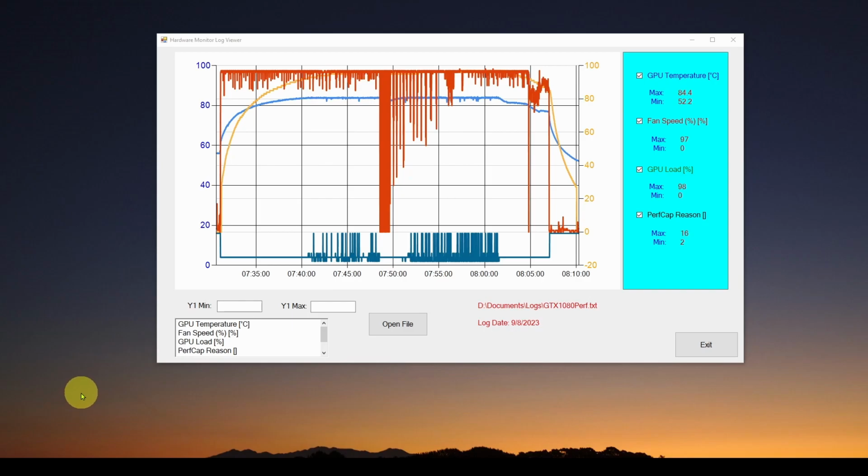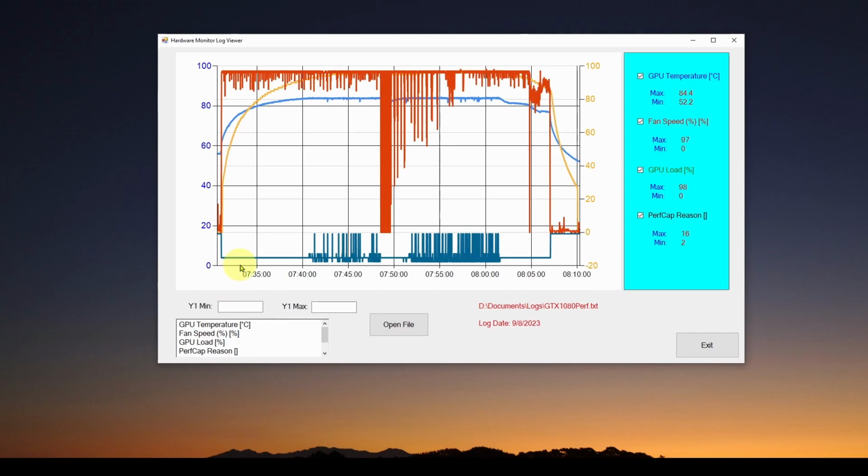Now let's take a closer look at this perf cap value that you can log from GPU-Z. Now what is perf cap? Perf cap stands for performance cap. In other words, the GPU performance is limited for some particular reason. The perf cap reason that gets plotted out is a number representing different types of reasons for capping the performance. As an example, here I've got a log that goes about 35 minutes for a long Blender render,